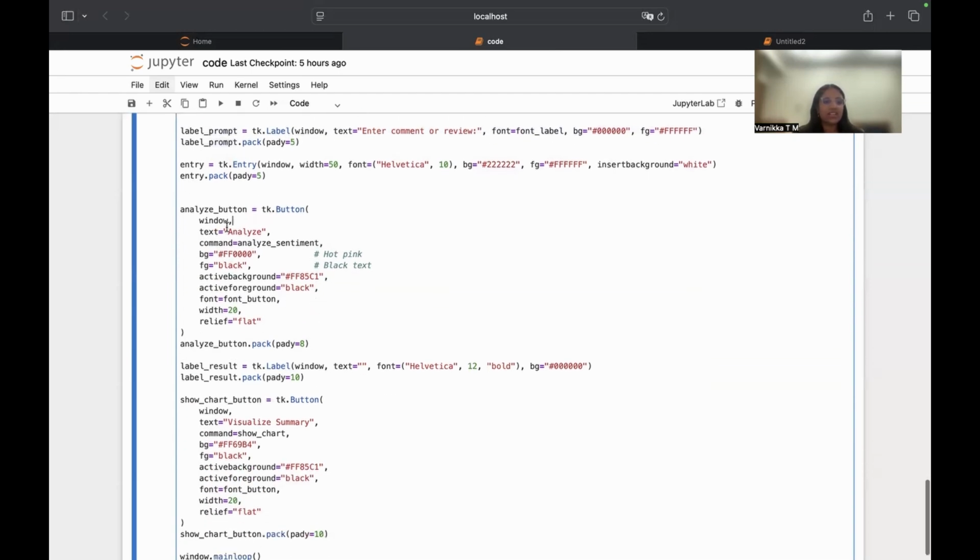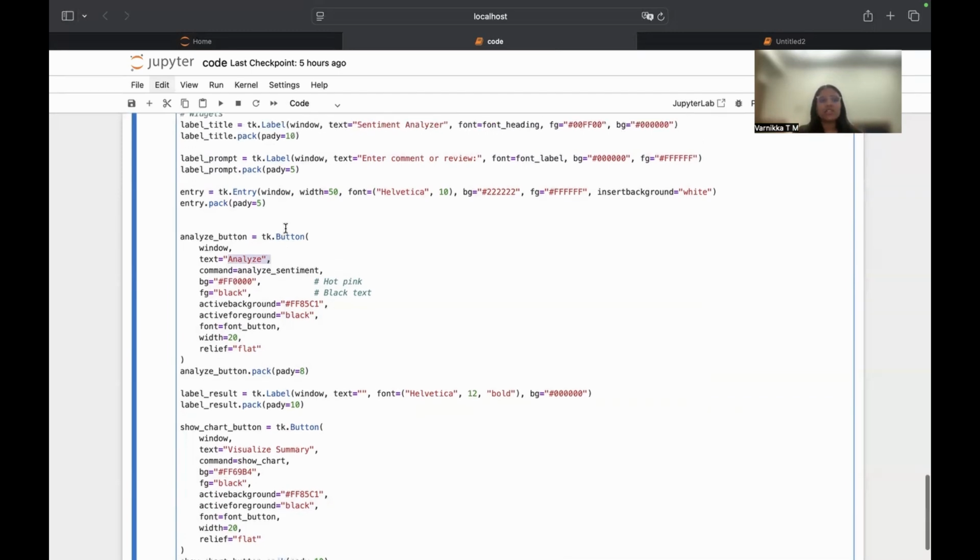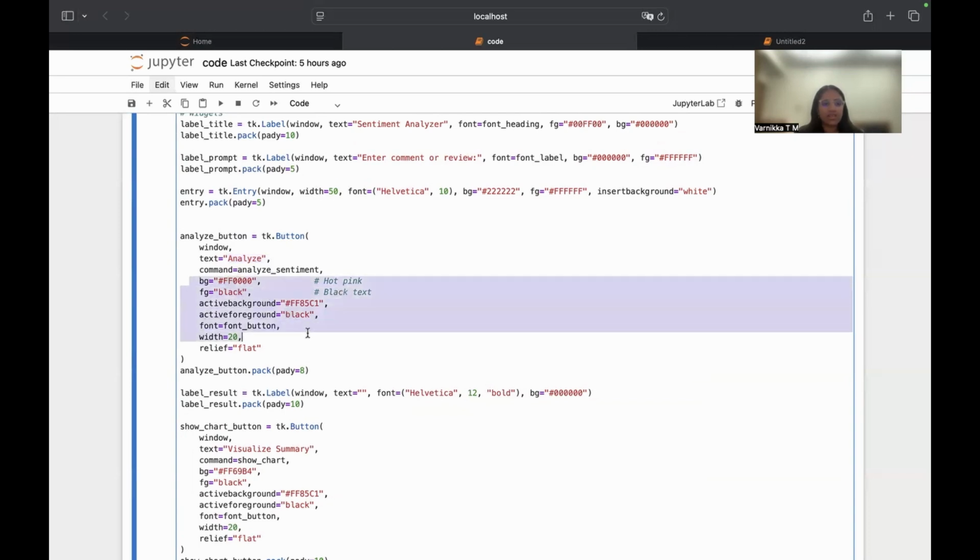After that, as I'd mentioned, the analyze button is pretty much connected to your backend coding. On triggering the analyze button, you're going to basically execute the entire backend chunk of code, which I had explained earlier, that function, and then it's going to give you your sentiment. And these are the colors and how the colors have been utilized.